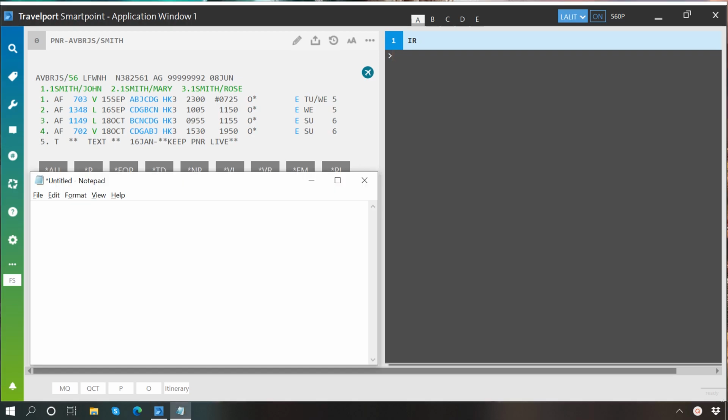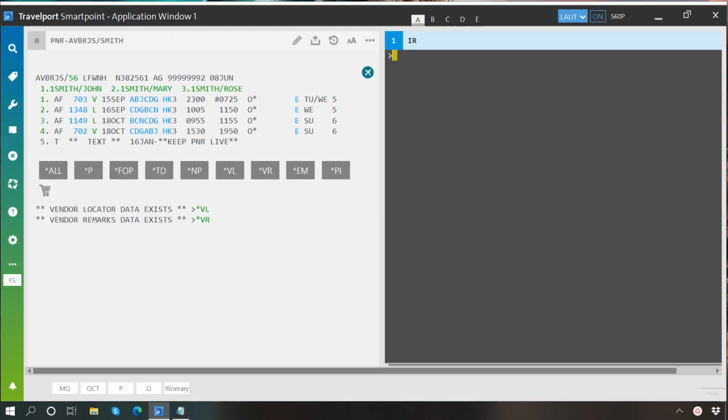So the first command here is FQC and then airline quote. By using this command, you may specify the desired plating carrier to quote the fare of an itinerary or segment. The airline which you are specifying in this command and the airline which is present in your itinerary must have an agreement between them to show the fare, otherwise you won't get the fare.